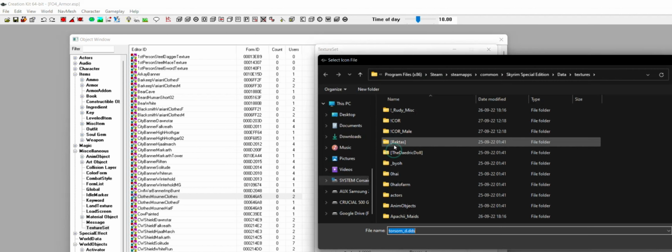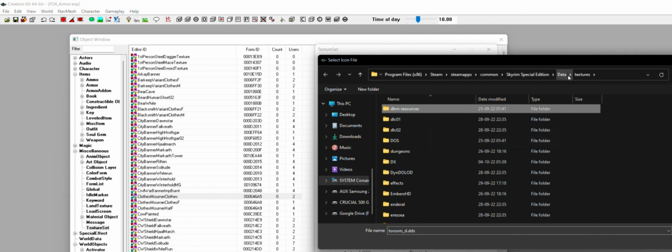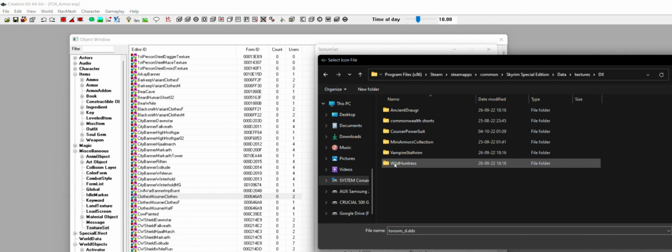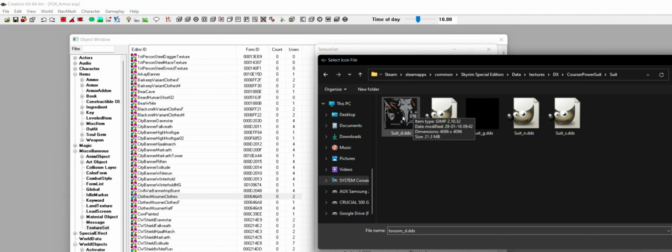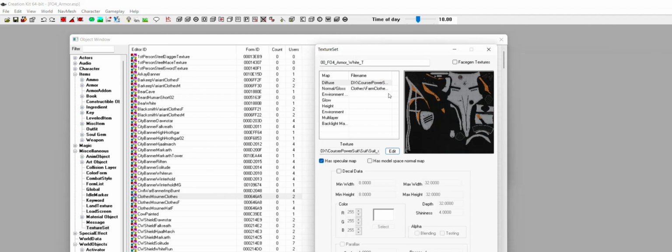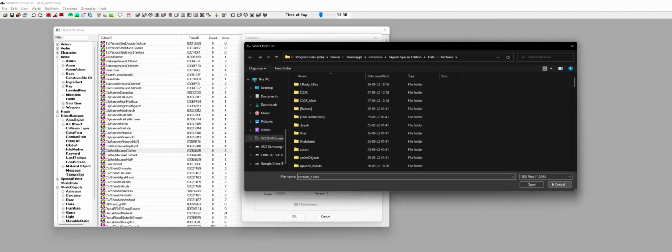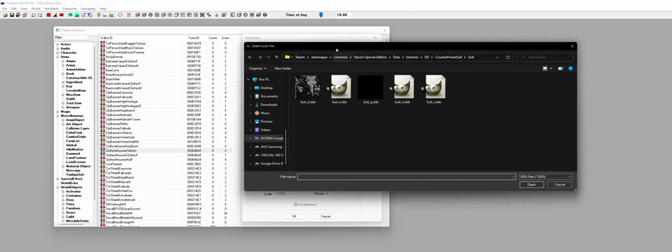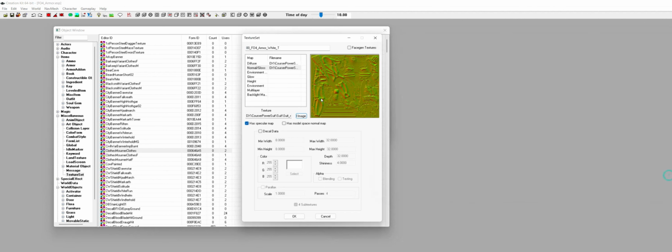Now look for your texture folder. Go in it and grab the base texture, the diffuse one, the one with underscore D, and that's the one. Right, so next is the normal map. It's the underscore N, so just open the folder and look for the right file.